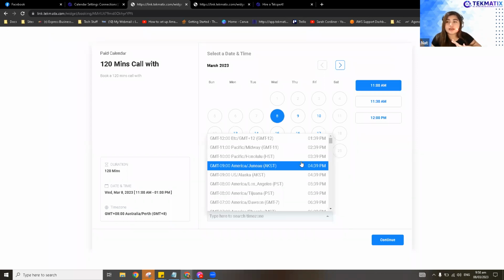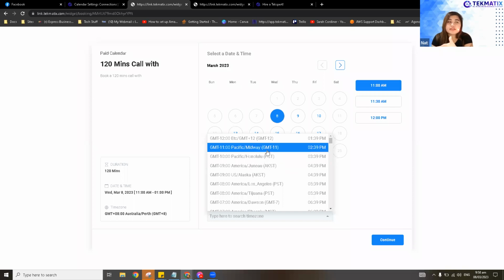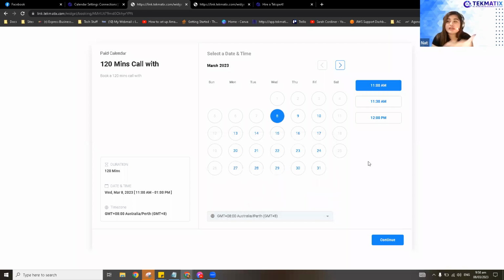So basically, these will be your own booking times, but they can easily see what time it will be on their end. So they can just switch time zones if they book a call with you. Yeah. Can we actually put a call to action for them to scroll down, have a look, and change it before they make the booking? Like on the left-hand side, you've got the 120 minutes call with. Can we actually put something in there just to let them know to go down and do that? Yeah.